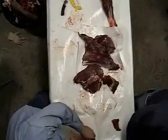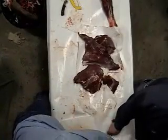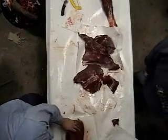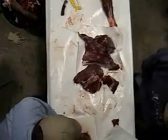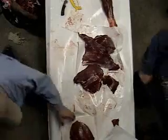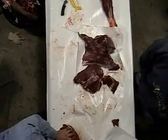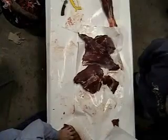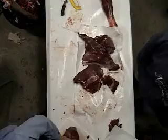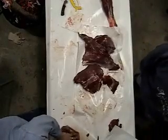Actually, you know what? Let's go ahead and set it back on here, and I am going to show you how I clean these guys up. So when you look at it, you got this little flap over here and a flap over there and so on like that. And this is where my big knife comes in handy. Just kind of square it up. And in this case, I'm going to come across here at an angle, and set that in my pile to make a burger out of. And that's where those two little things are. So then I'm going to do the same thing, just kind of